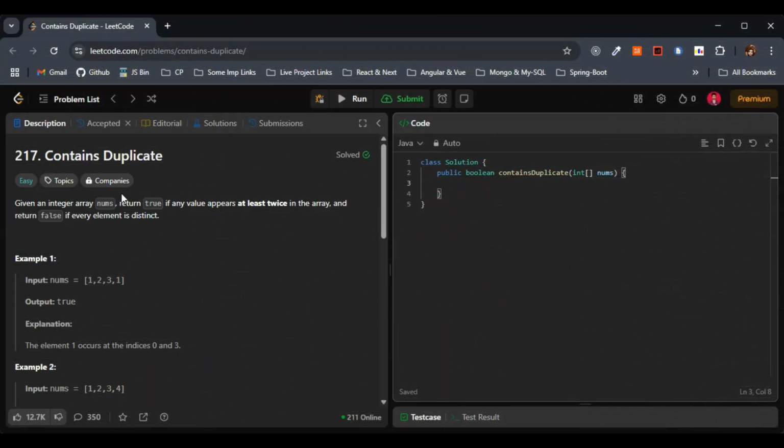Hello everyone, today let's solve problem number 217. LeetCode 217, Contains Duplicate, right? What the question states here: given an integer array nums, we have to return true if any value appears at least twice in the array. So if any of the values appears twice in the array, here you can clearly see,